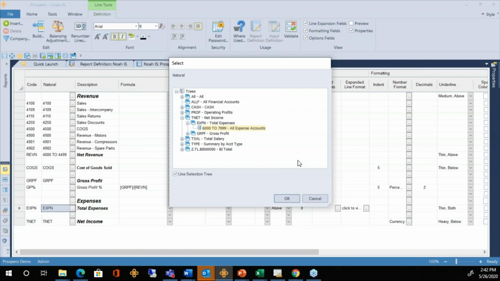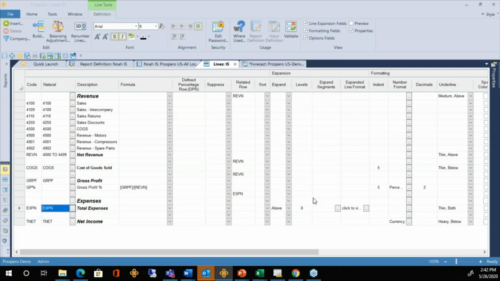So if I ever added a new account in that range, it would automatically be included when I ran this report again. So a great way to reduce maintenance is using these summary accounts and having the line set definition automatically expand and show the individual accounts either above or below this row. So great way for reducing maintenance for all of your reports or for your budget input screens too.